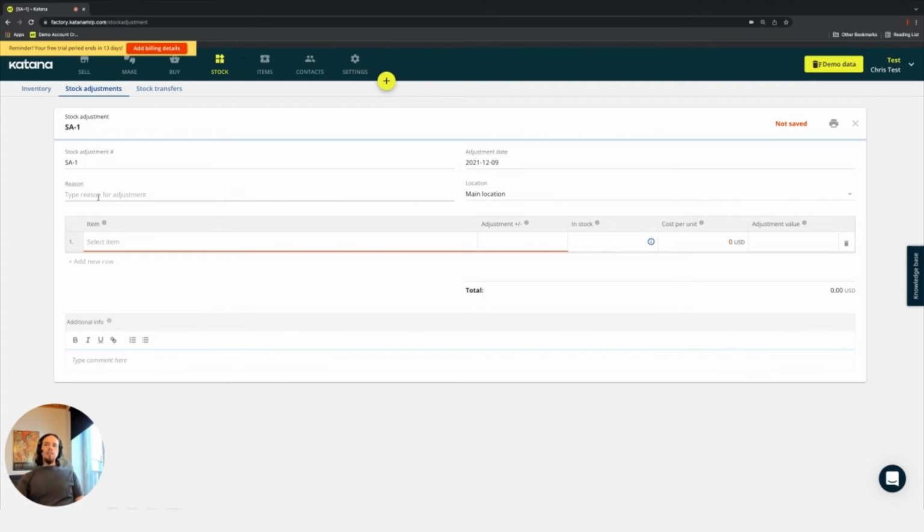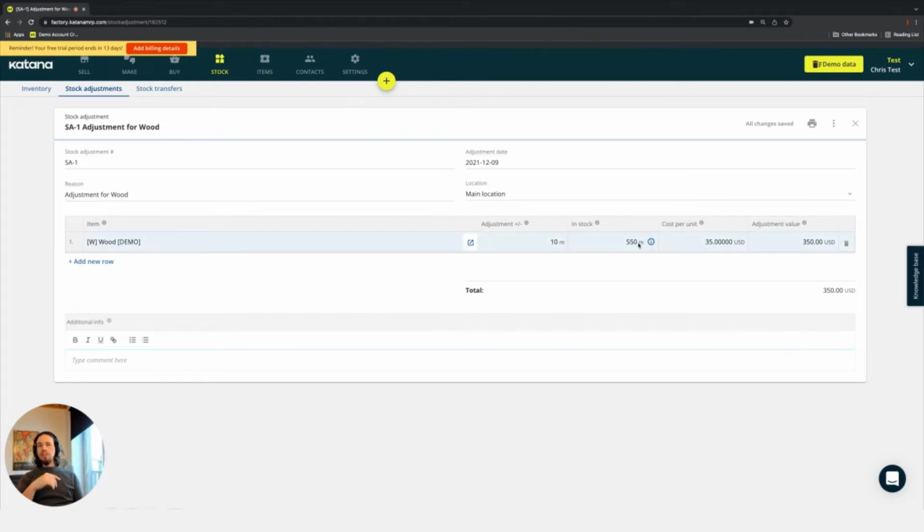So let's say, for example, I received some extra wood that was, for whatever reason, coming in another delivery, and was possibly miscounted in the past. So I could put adjustment for wood, and then add wood as a line item here, and note that I added 10 meters of it to my inventory. It will increase my total inventory to 550 from 500, at a general cost per unit of $35,